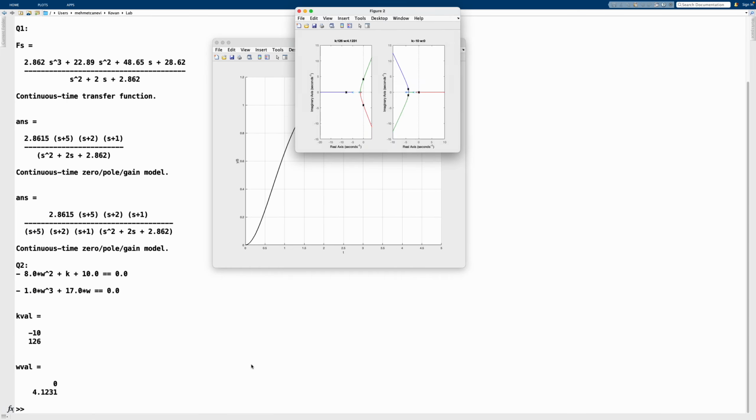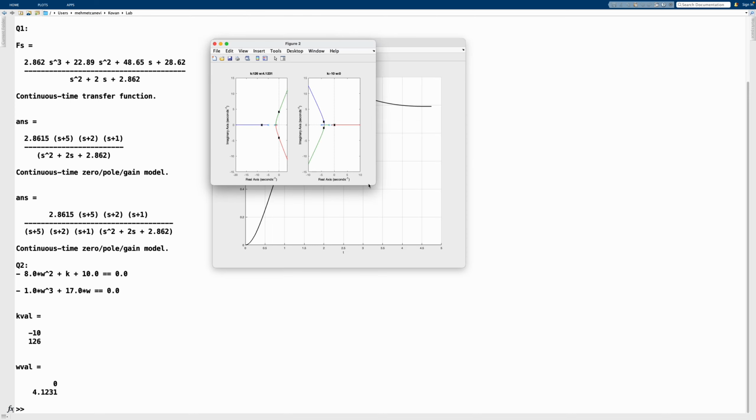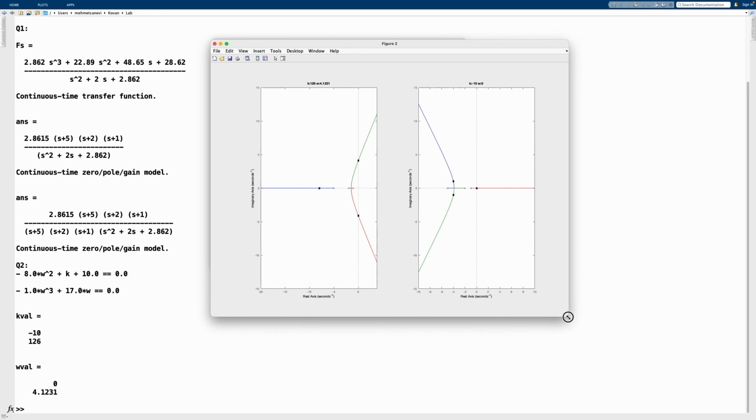So let's run this. And there we go. Let's zoom in a little bit. Now we can see the following. If it's going to be 4.12, you can also click on the root locus here, and you can see it actually matches the value here. The frequency is 4 point something, so 4.12 or 4.13. This is kind of the point that we're interested in. And you can see that the gain value also matches